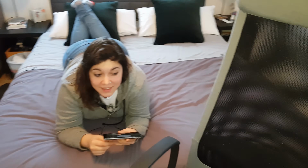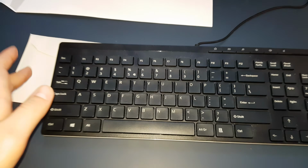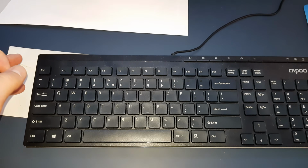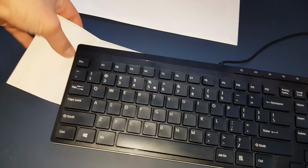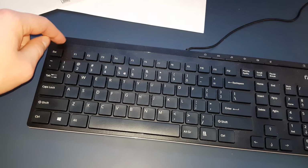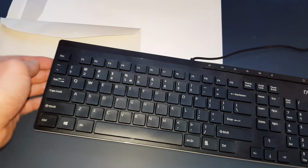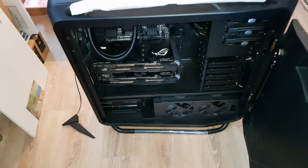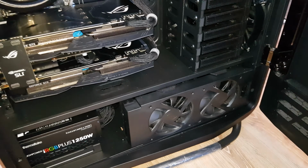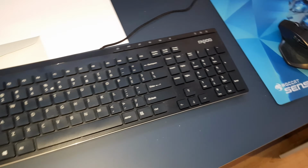Of course, there's a silent version, but like the case with the power supply, I was very impatient, so thereby I just got something as a temporary solution, but I didn't get a chance to buy something else as a replacement. But it works. I have this envelope here because it's not equal. So when I type, it's actually moving, so that's why I need to put something underneath. It's probably the most stupid feature, because you have this hypercar of PCs, one of the best things that you can get nowadays, and then, well, I don't know, a 10 euro keyboard,